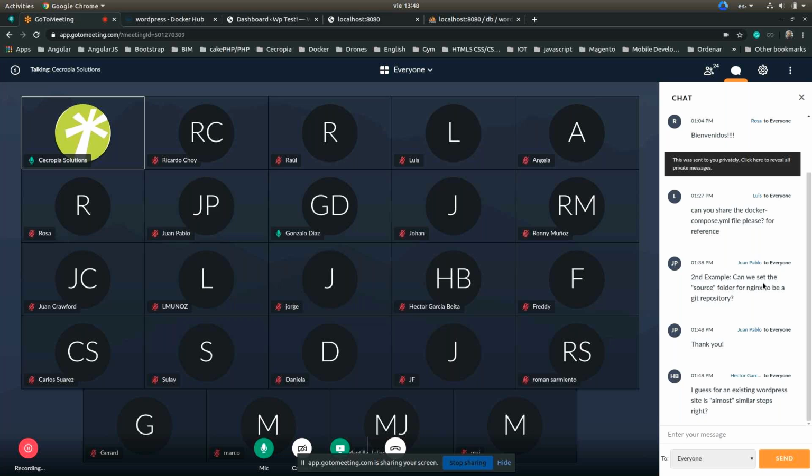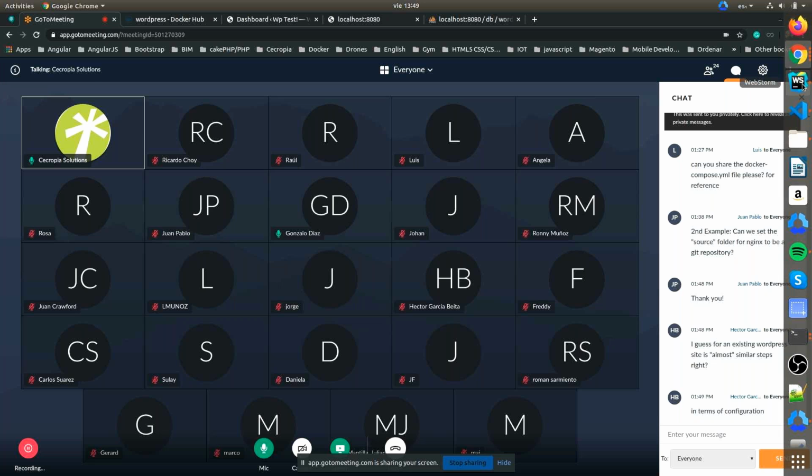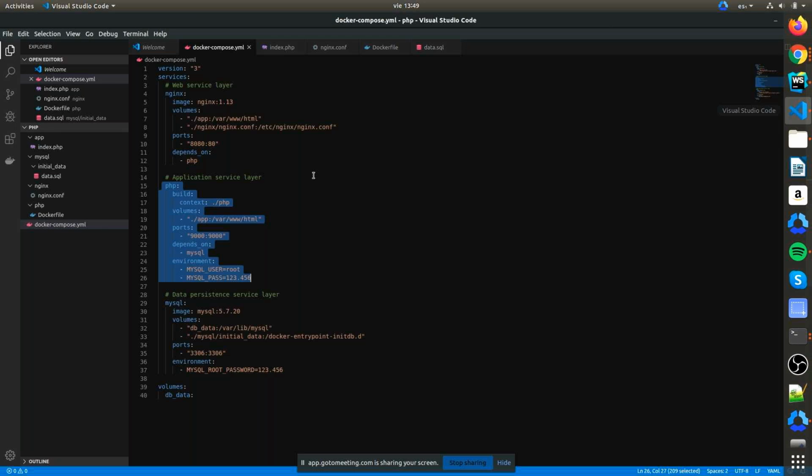I guess for an existing WordPress site the steps are almost similar. Yes, you only have to download the theme or the plugin that you are working on, and set that in the structure of the files.